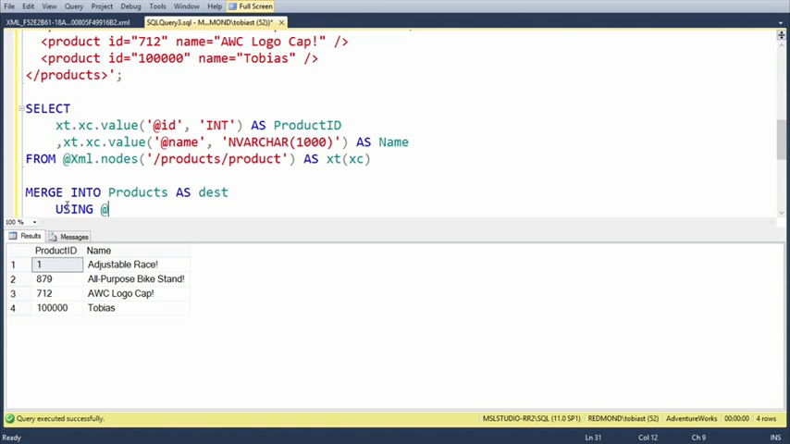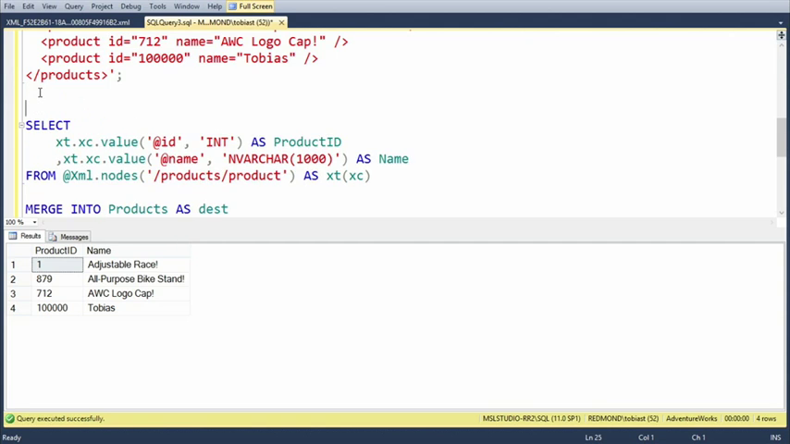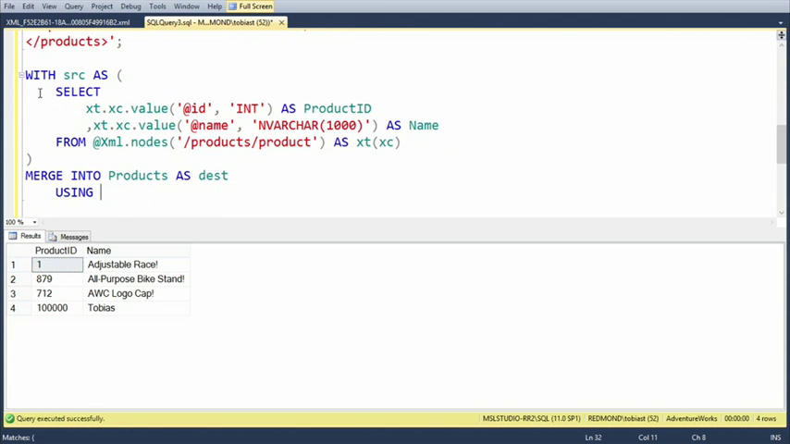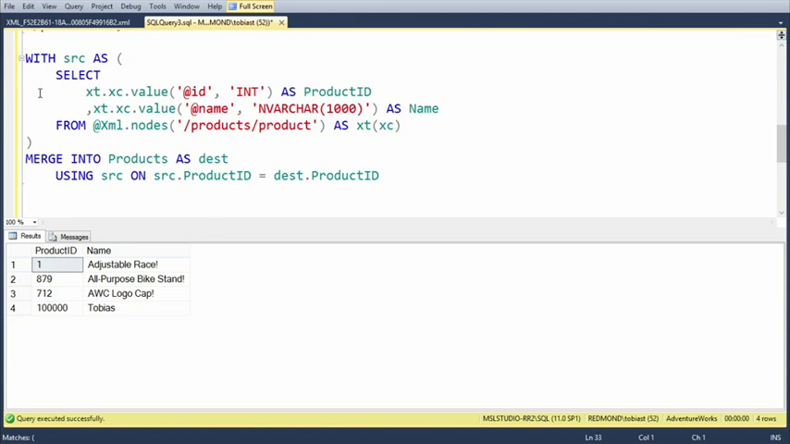Yeah. Using my XML variable, and now I would have to paste this whole thing in there, but since we know about common table expressions, I could just say, well, let's call this one source, or SRC. So now I have a common table expression called SRC. So I say using SRC. So now I'm joining the table with my XML document on src.productID equals destination product ID. And then I can start using these various events that we will go through in the